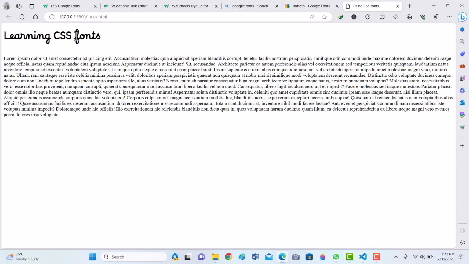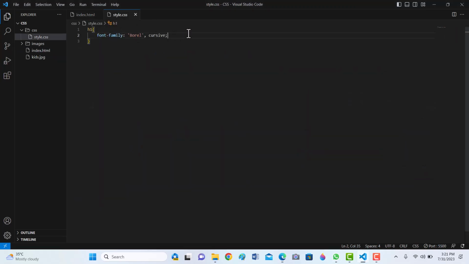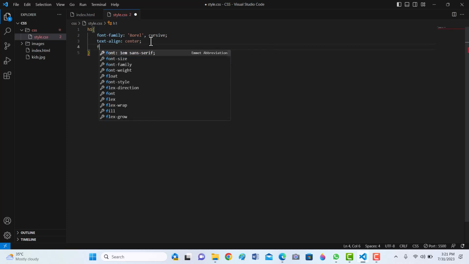Now font family, let's see the magic. The heading changed according to the Google Font. That's so useful and important. I have explained already. Now let us style it a little bit. Text align center, font size